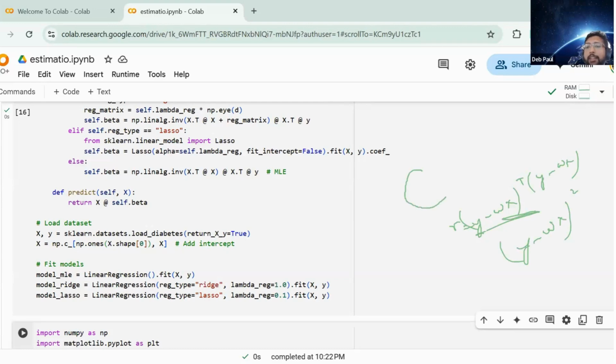And then I'm getting a very interesting term that I didn't get before. Can anyone tell me what this is? In the log likelihood, or in the loss, I am getting a function of my loss plus W transpose W. What is this? Can someone tell me what this is?